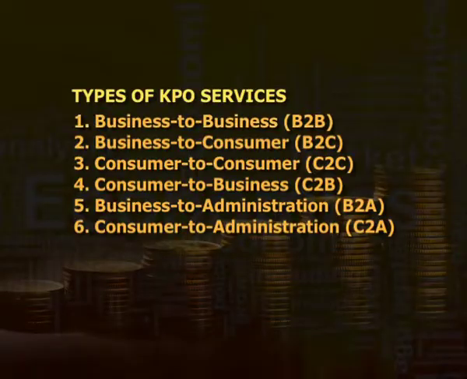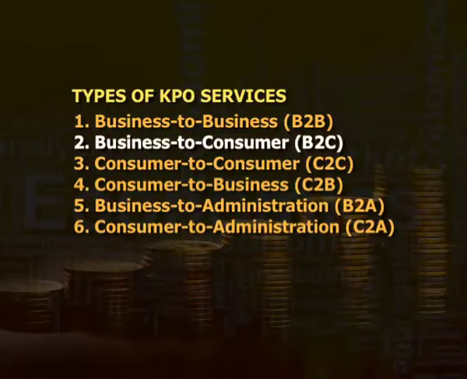There are 6 basic types of e-commerce. First is business to business, that is B2B. B2B e-commerce encompasses all electronic transactions of goods and services conducted between companies. Second is business to consumer, that is B2C. This type of e-commerce is distinguished by establishment of electronic business relationship between businessmen and the final consumers.